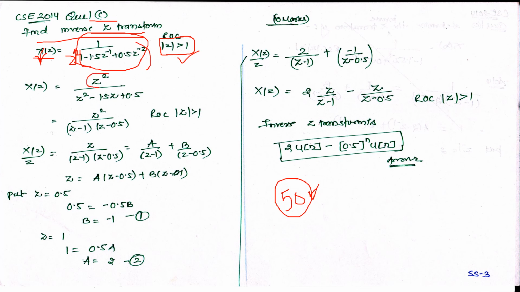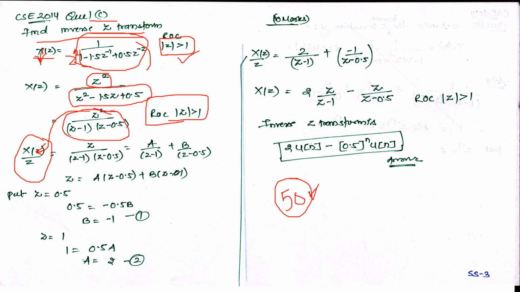If you do so, you will find that Z squared comes into the numerator and the denominator term will look like this. The region of convergence is already given to you, so you need not worry about that. To proceed further, we need to go for partial fractions. For partial fractions, you will take one Z into the denominator on the left hand side. So X(z) divided by z I am writing. The term in the right hand side will be only this, without the z squared, so only z in the numerator on the right hand side.